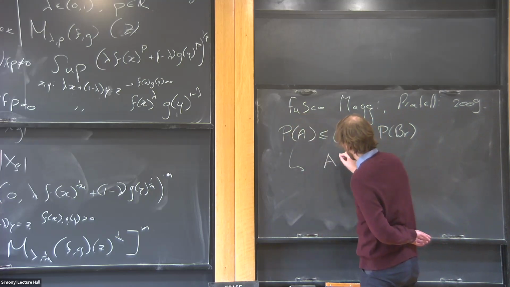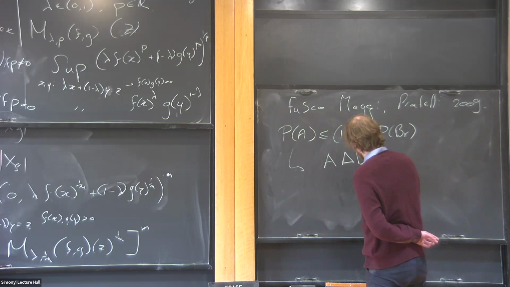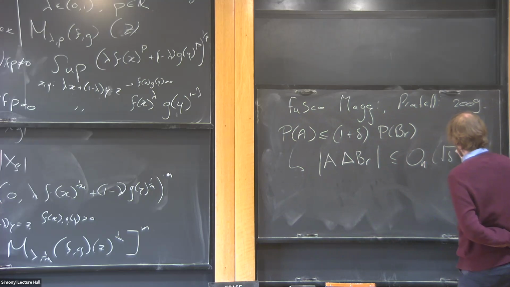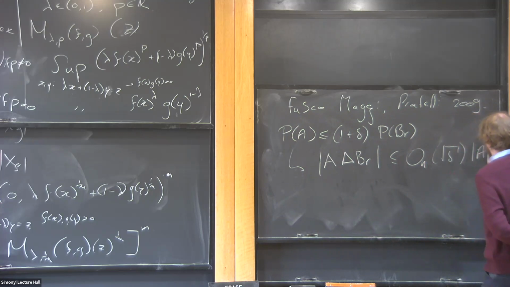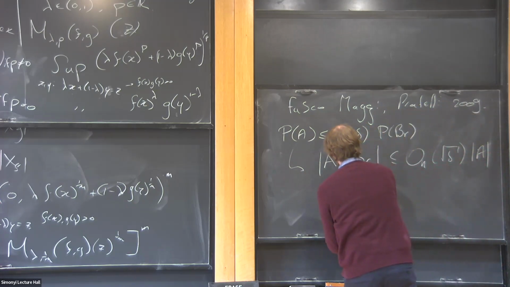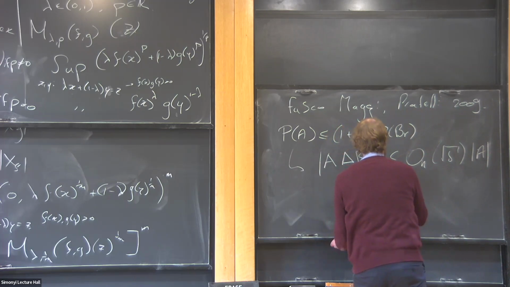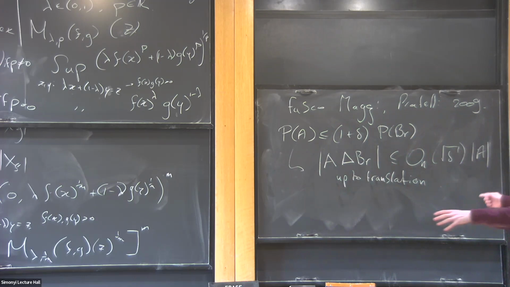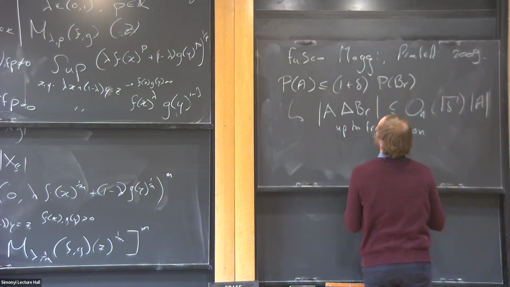that the symmetric difference between A and the ball is at most the square root of delta times the size of A, times some constant depending on the dimension. Okay, and this kicked off a big study in this